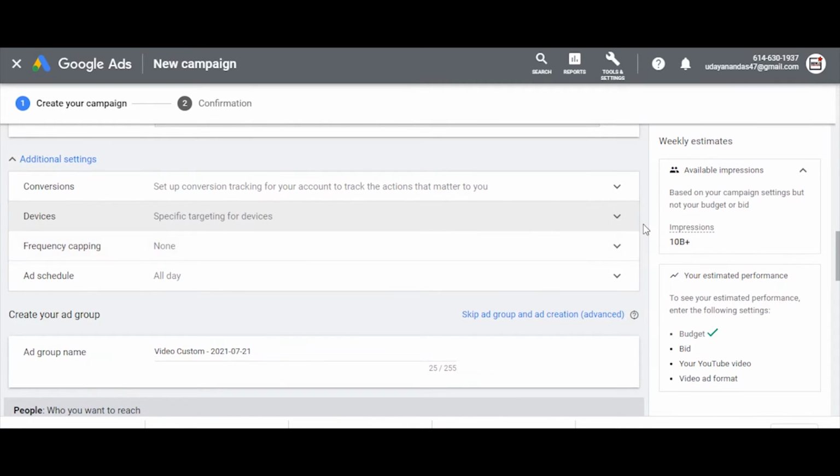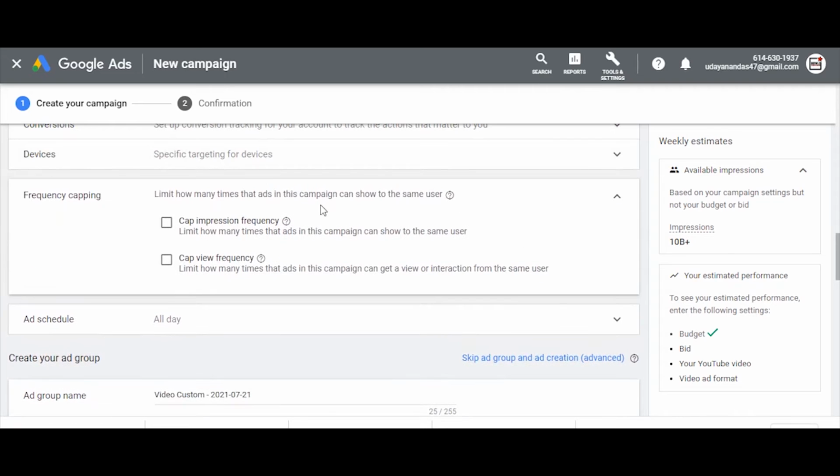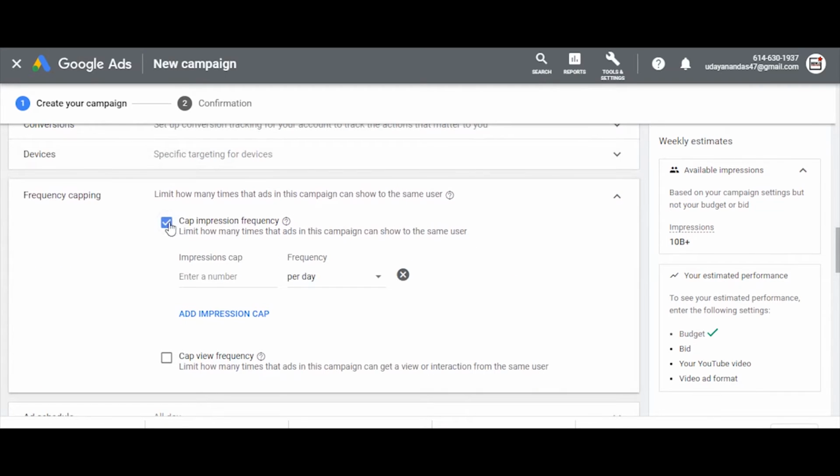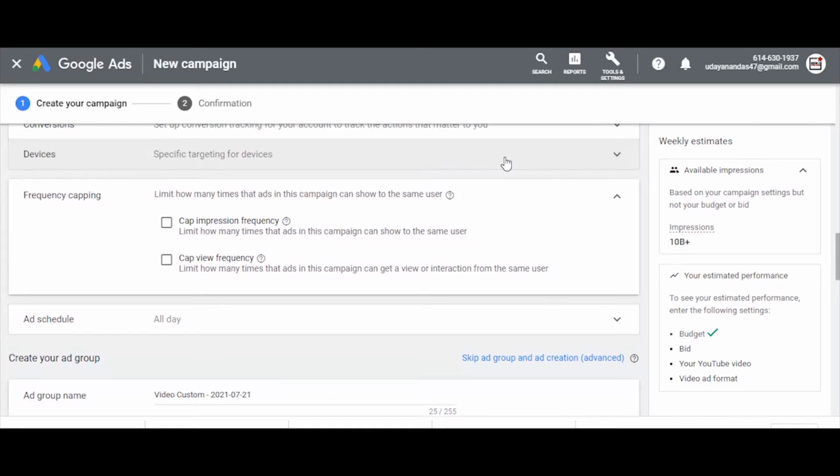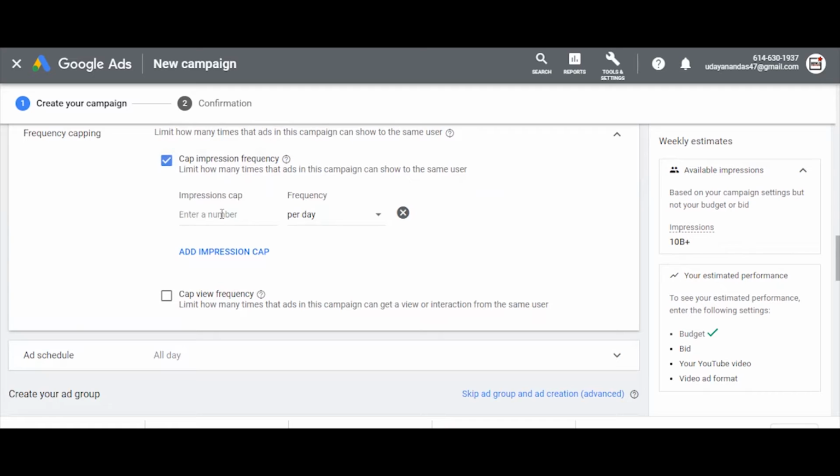And frequency capping, this is the main thing you have to keep in mind. If you check this, you can set how many times your video is telecast to one user. Cap frequency is required. If you show your video constantly to one user, they get fed up with your videos and would just report it, so that your ad gets closed. So I would say, I wanna show my video to one person 2 times in a day, that's it, not more than that. It's okay if he watches, you get charged for one view. If he's not watching, you're not charged for it.